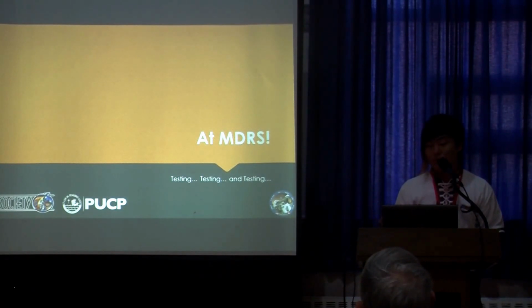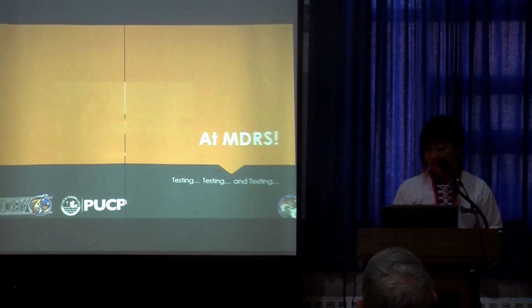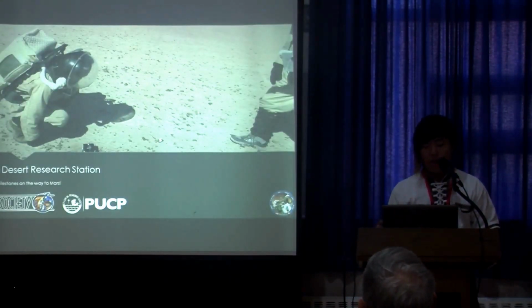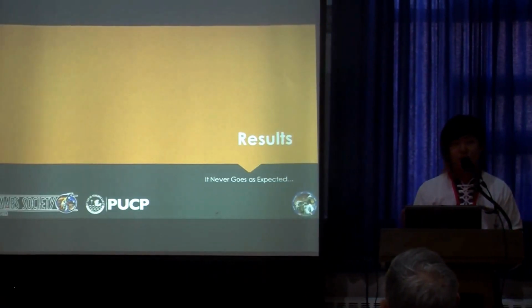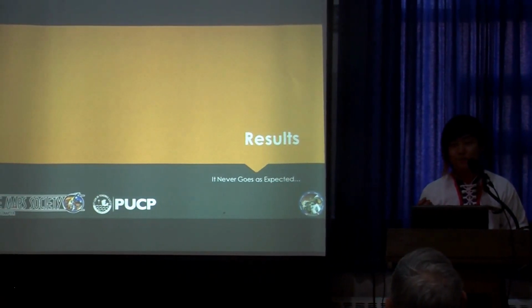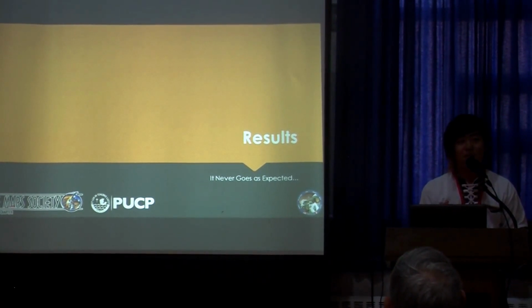And then we went to MDRS to test our system. We placed several slave devices outside the station to test our network, but it never goes as expected. Our radio frequency, which was 433 megahertz, was jammed by the static noise of the desert, so we couldn't get any communication at all. The antennas didn't work, so we changed it from radio frequency to Bluetooth to establish the